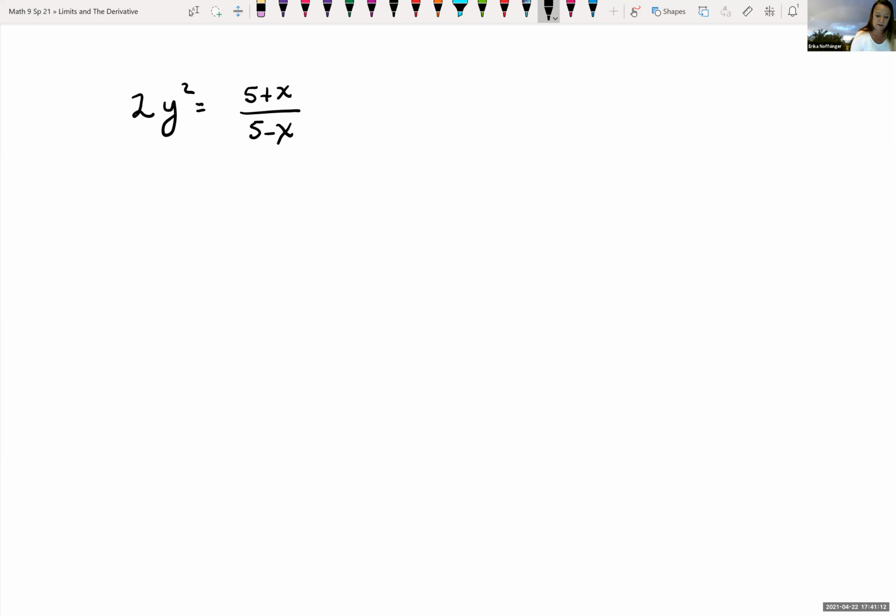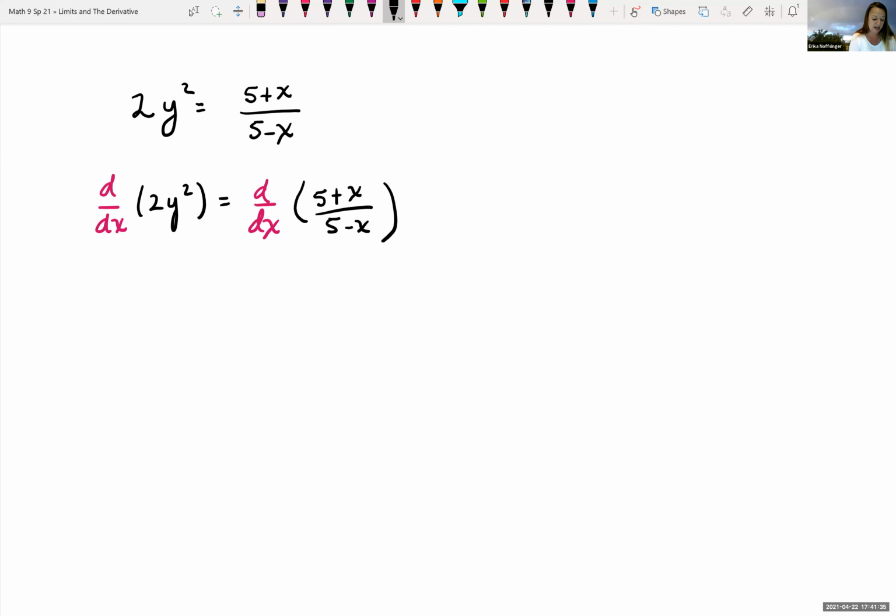So we're going to take the derivative of both sides of our equation, and we can write that we're doing that by writing this d dx. We're taking the derivative of both sides. So the derivative of 2y squared, that's going to give us 4y times the derivative of the inside, which is dy dx,